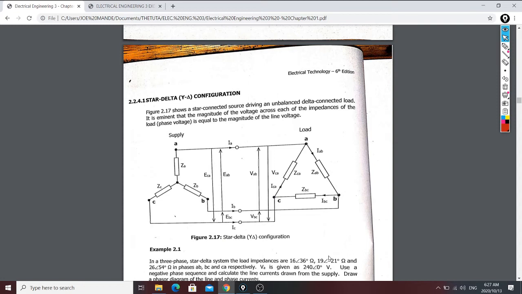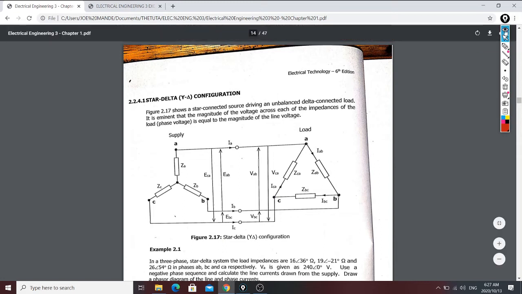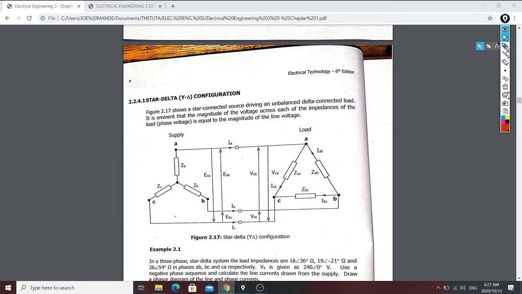So today's video will be focused on delta calculation, and we have explained already how to do our power calculation when it comes to delta. Therefore, today we're just going to be focused on how to deal with them with any type of configuration. And by a type of configuration, we are saying a supplier and a load. So in this case, our load is a delta.